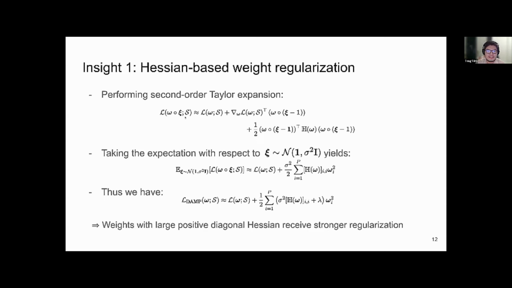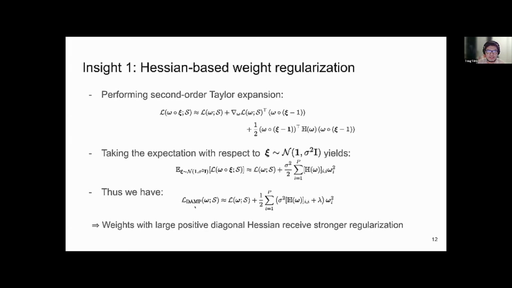If we take the loss function, the loss inside the expectation, and perform a second-order Taylor expansion, and then take the expectation with respect to the noise distribution, it would be equivalent to the original loss plus the L2 regularization of the weights, and each weight is now weighted by the corresponding diagonal term of the Hessian matrix.